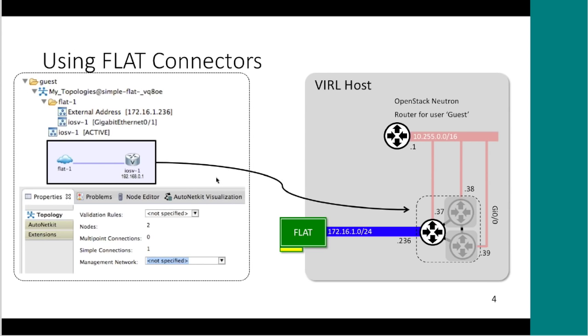We can very easily have a single node within our simulation connect directly out into our physical world by just bringing in our simulated node, in this case an IOSv, and then attaching our flat cloud to it. As soon as you do that, we have direct connectivity from the outside, as long as, actually I should say,